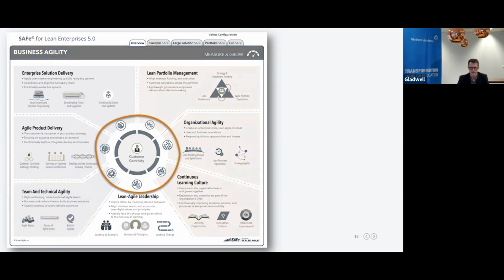Then a little bit on customer centricity. So I've got some questions and feedback from people who are joining this session about, okay, how to keep the customer centric in everything that you do. You as a release train engineer in your agile release train, how to keep the customer in the center of everything that you do. It's hard to give a general answer there.